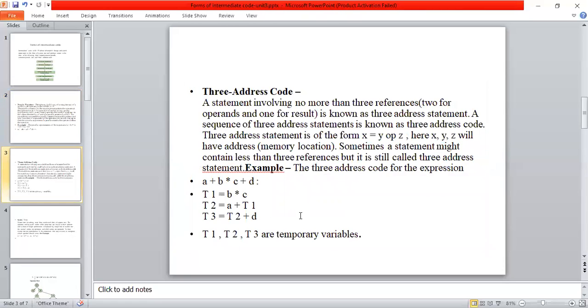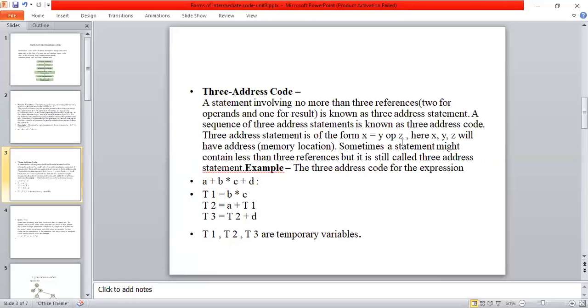Okay, now the next one is three address code. The output of intermediate code, as we just discussed, is postfix, three address code and abstract syntax tree. Now we'll discuss what a three address code is and why it is called that. The address is represented in the form of three operands, hence it is called a three address code.